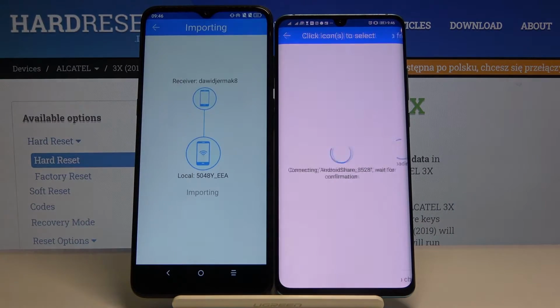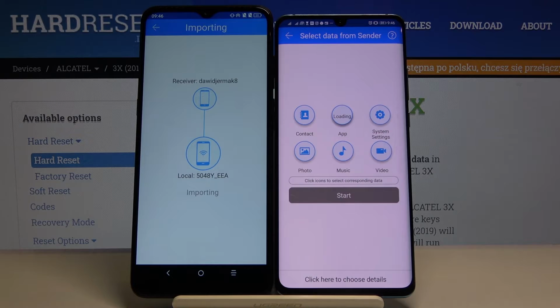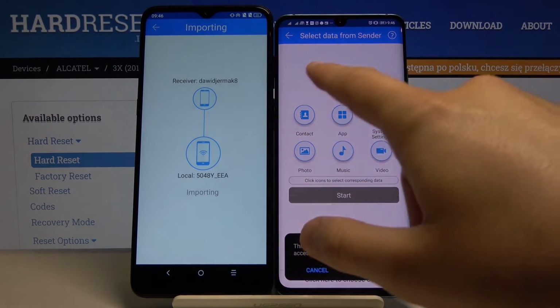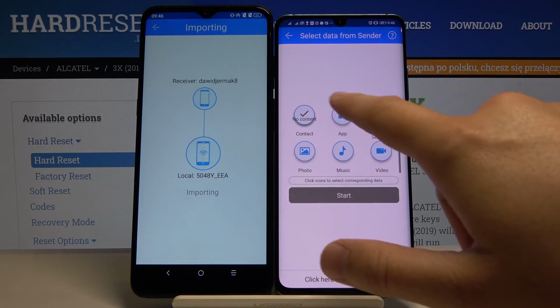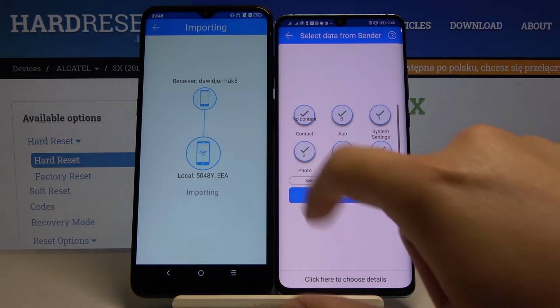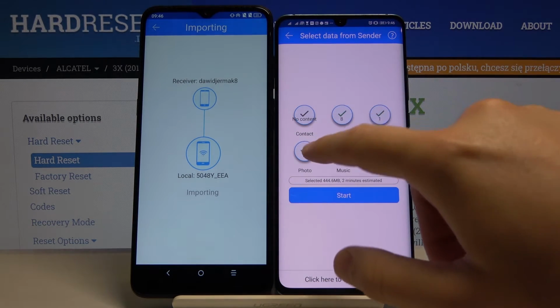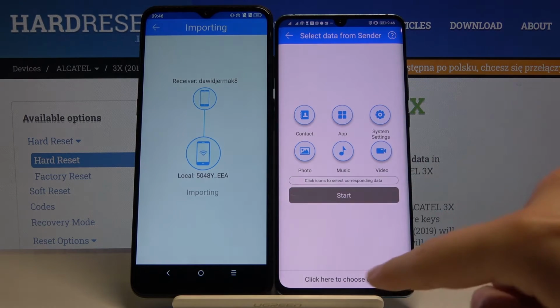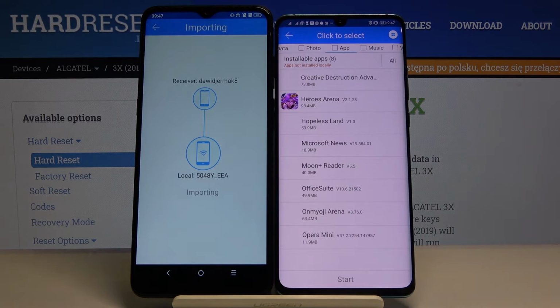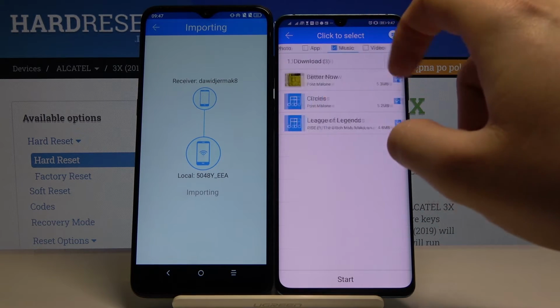Accept the request. And right now when you want to take everything from your ALCATEL, just click on all of these icons and tap on the start. But in my case, I'm going below for the details, and I will probably go for the